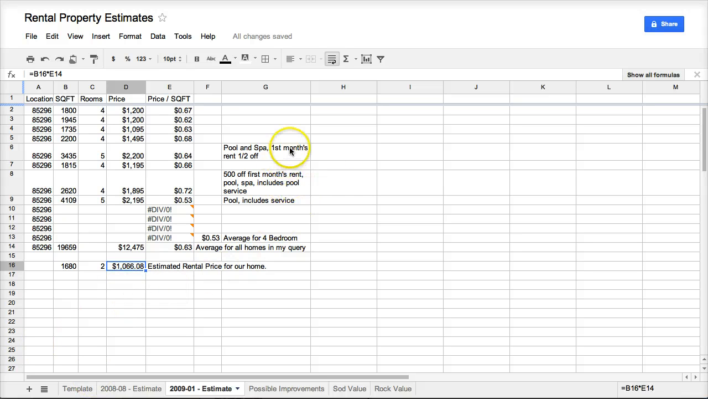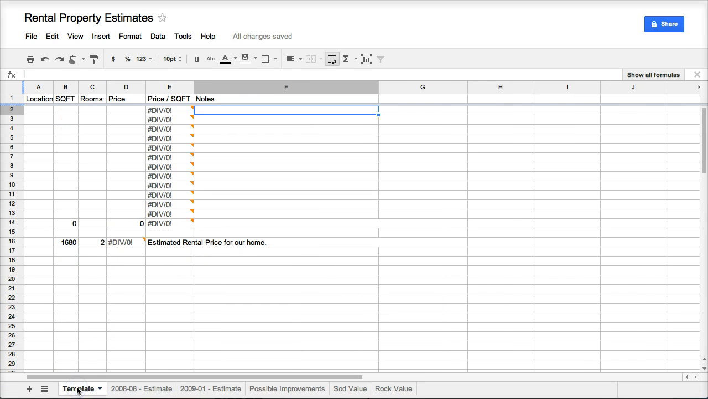And you can see in this particular sheet, I've recorded notes off to the side where I'll say, well, this one had a pool and a spa, and first month's rent was half off. This one was offering $500 off first month's rent. Pool spa includes pool service, so they're baking pool service into their monthly rental price. So I can capture those kinds of notes, so then I can rationalize later on what the prices are, which ones I want to add in, which ones I want to drop out. So if I go back here to the template,